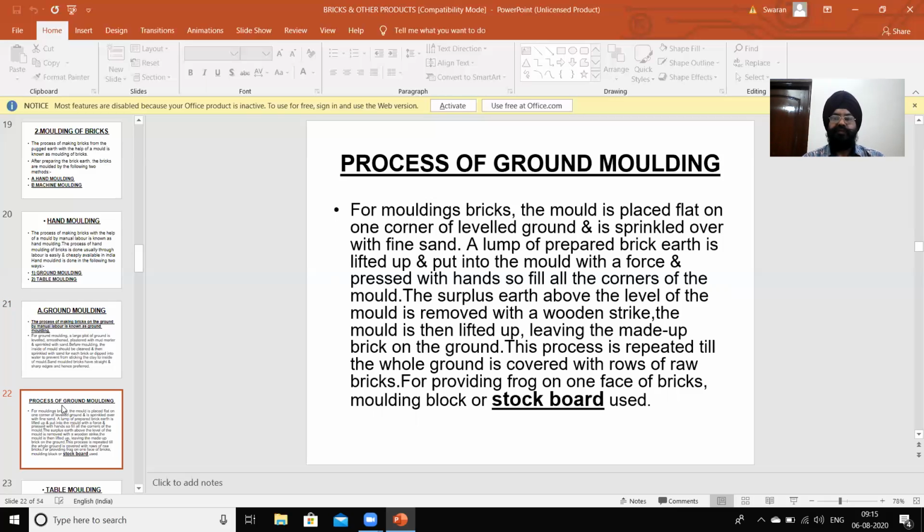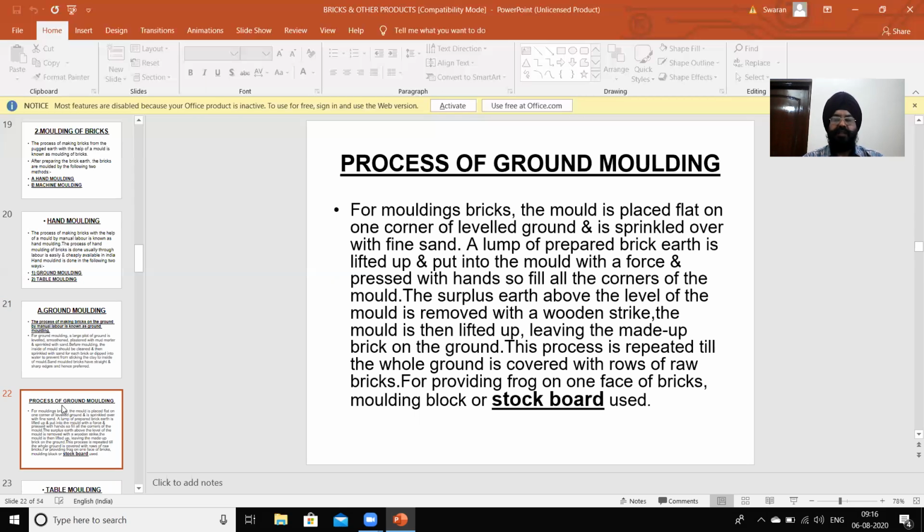A lump of prepared brick earth is lifted up and put into the mold with force and pressed with the hands to fill all the corners of the mold. The surplus earth above the level of the mold is removed with a wooden strike.